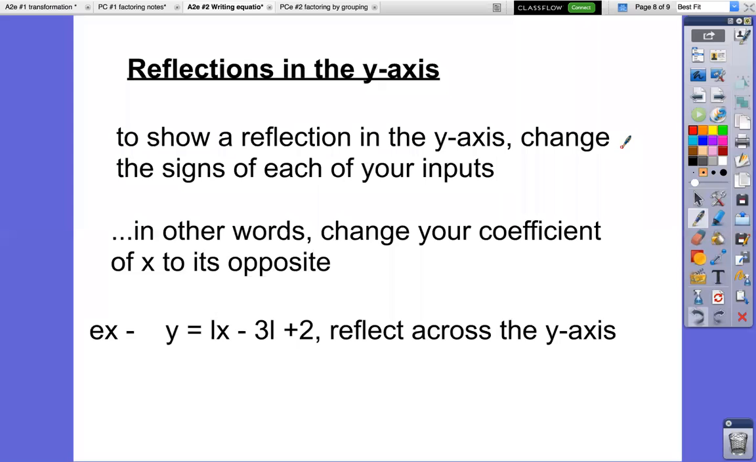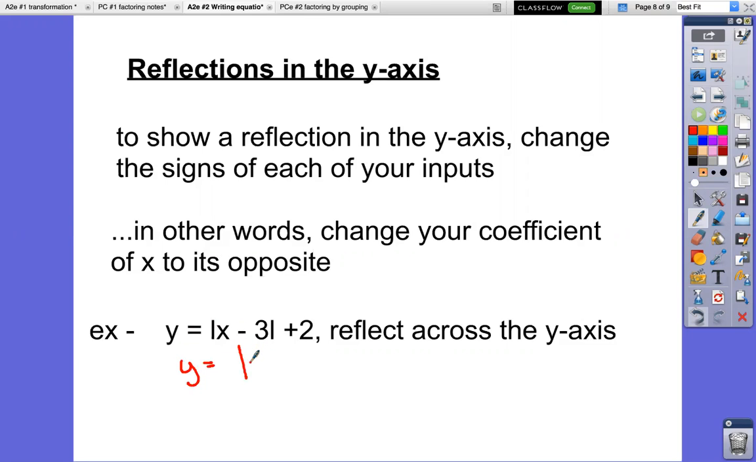So I keep talking about reflections in the x-axis or over the x-axis. And today I told you we're going to talk about reflections in the y-axis. Now, you don't see this a lot. But to show a reflection in the y-axis, you change the signs of each of your inputs. Simply put, you change your coefficient of x to its opposite. So all that's going to happen is instead of outside, now the negative is inside the absolute value. So if this is my original equation and I say I want you to reflect this across the y-axis, literally all you would do,